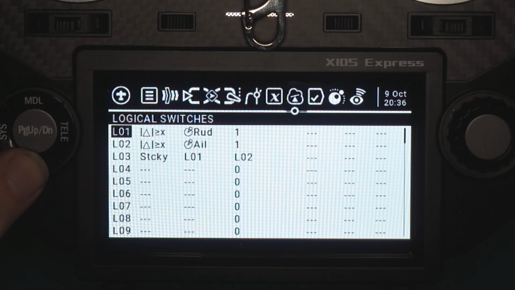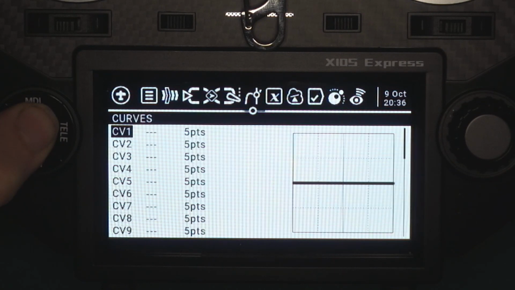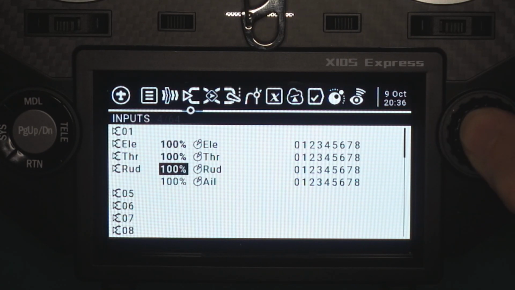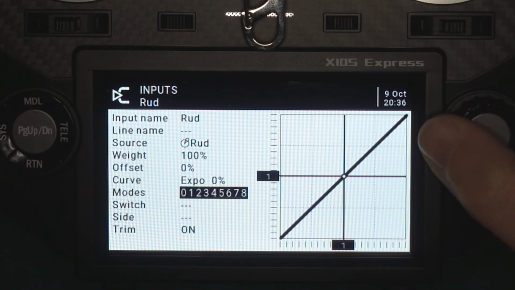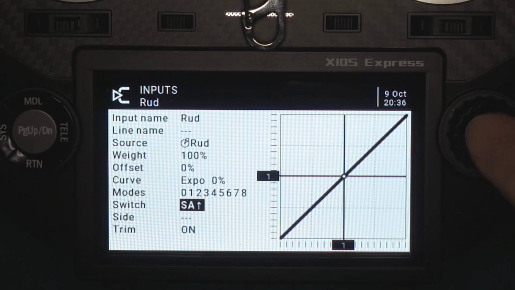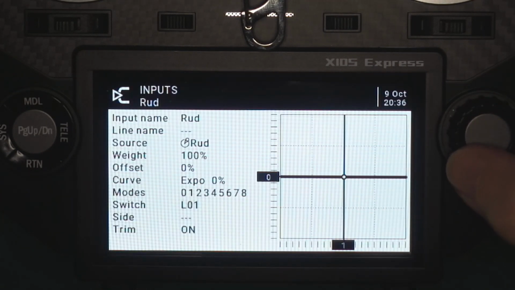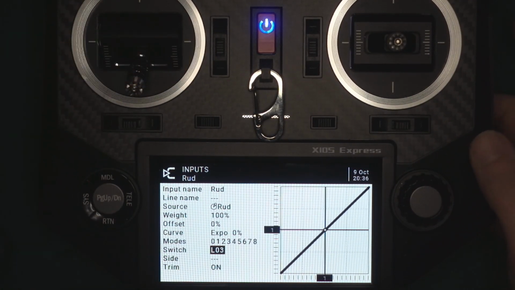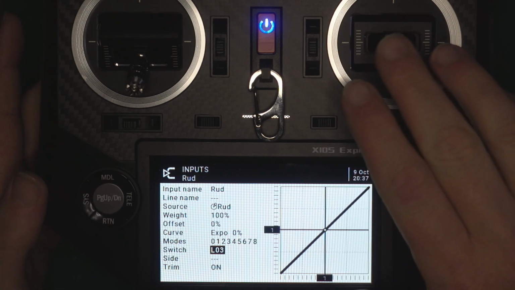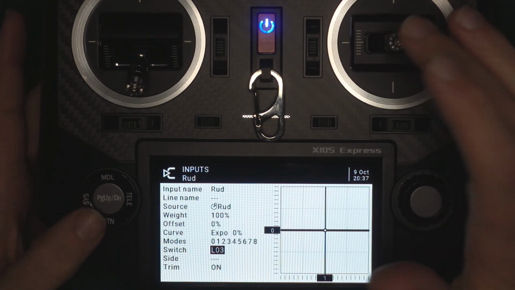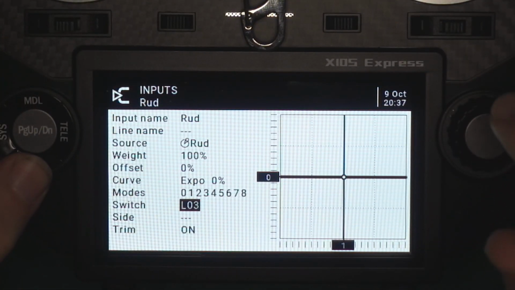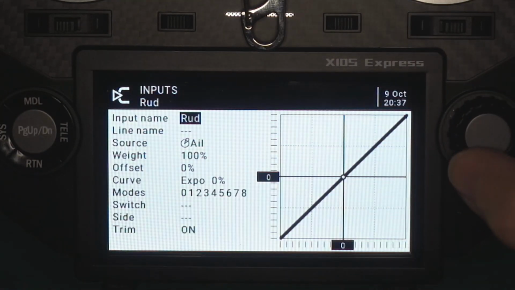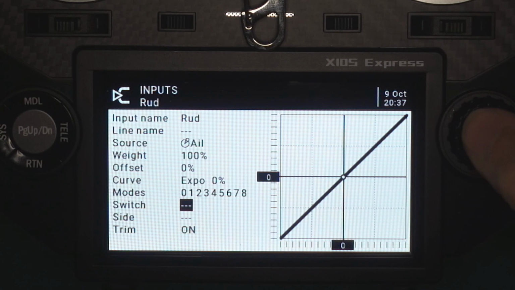So if we return and then go back to our inputs, the way to set it up on the inputs is slightly different. This on the rudder is exactly the same. We put it as a switch, logical switch 3. So there you go, it switches over to the rudder. Now technically we don't actually need to do anything on the aileron at all because it will default to it, but just to make sure that it's explicit, we're going to set it up on the aileron anyway. So we'll edit that, again, switch,